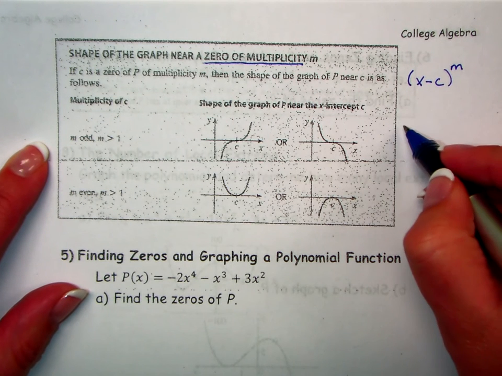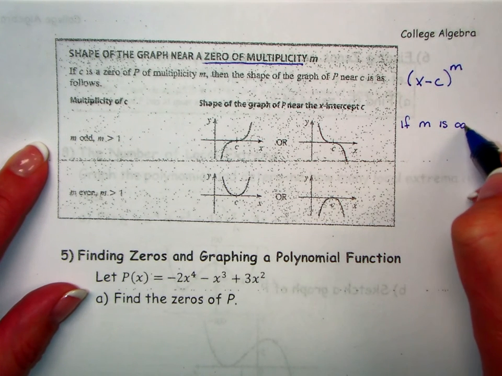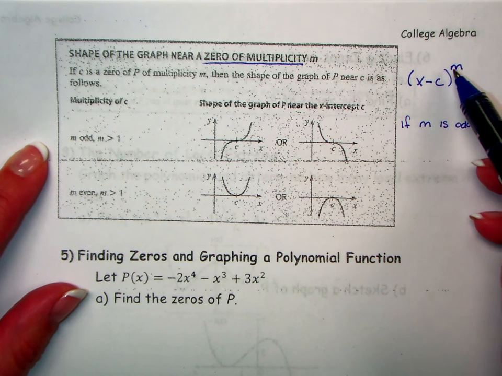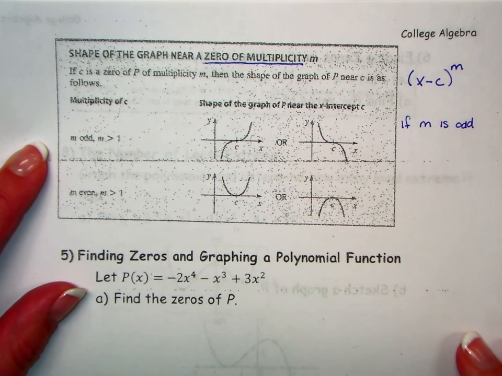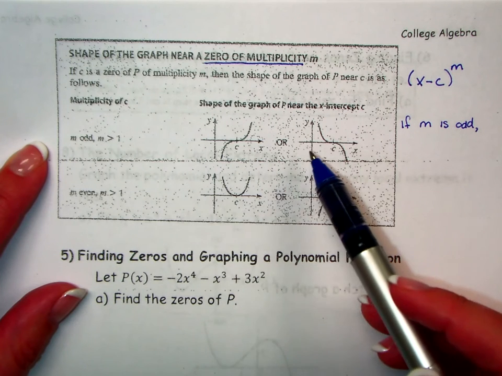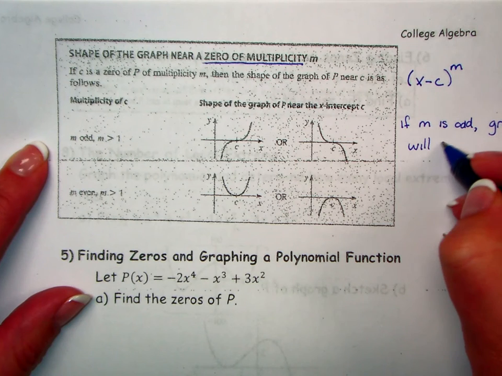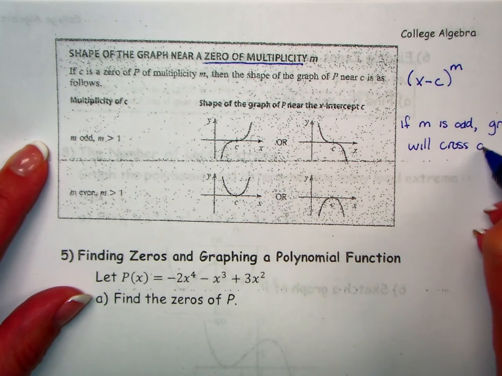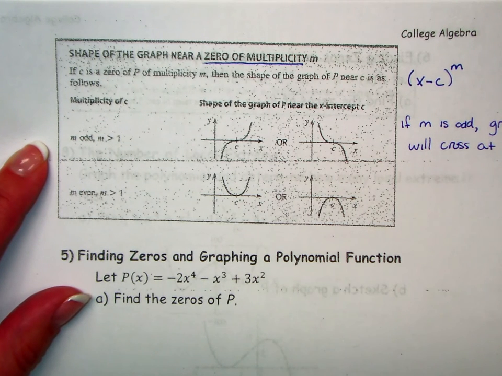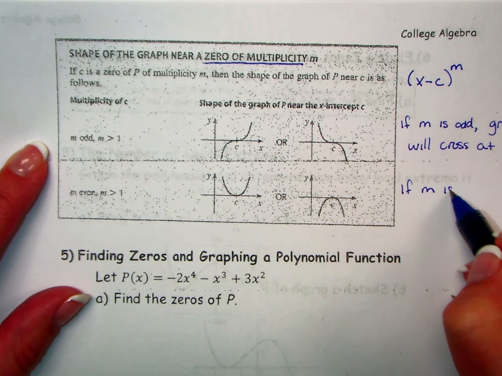So if m is odd, if the multiplicity is odd, so when we factor this polynomial, if the factor has an odd number on it, then what's going to happen is that the graph will cross the x-axis at c. The other case, if m is even,